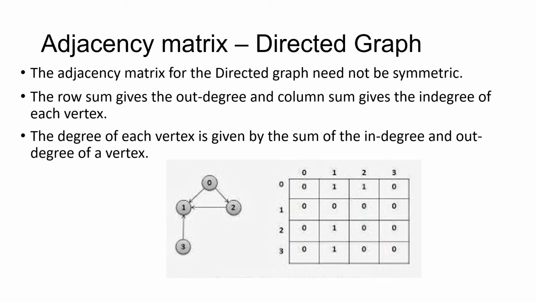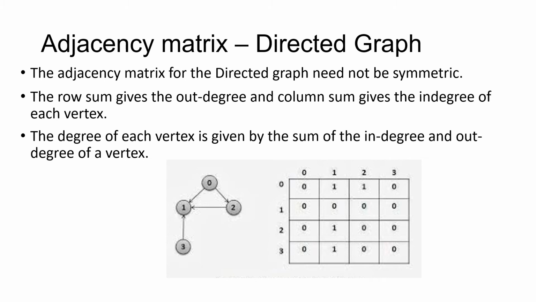Adjacency matrix representation of a directed graph. The adjacency matrix for a directed graph G with 4 vertices is a 4 by 4 matrix A with ones and zeros, such that A21 will be equal to 1, as there is an outgoing edge starting from vertex 2 to vertex 1, and the matrix element A12 will be equal to 0, as there is no outgoing edge starting from vertex 1 to vertex 2. The adjacency matrix for a directed graph need not be a symmetric matrix.